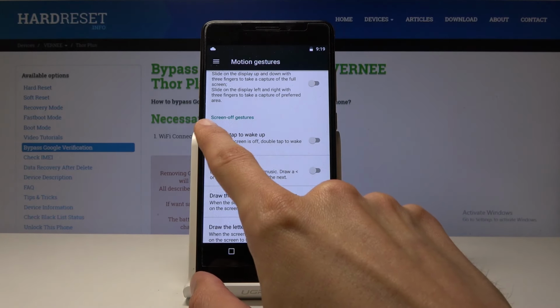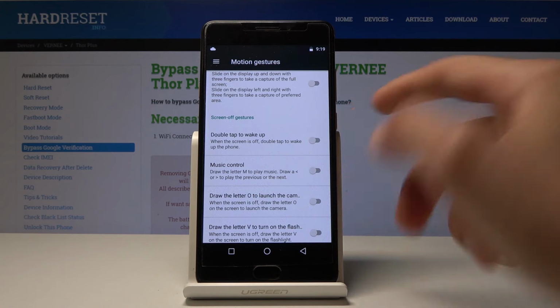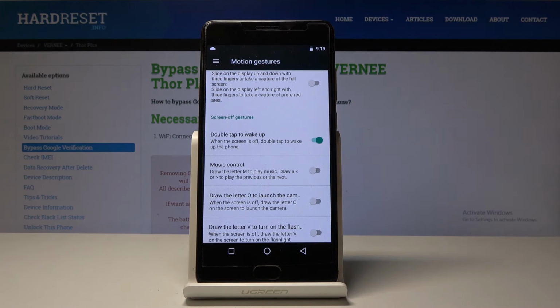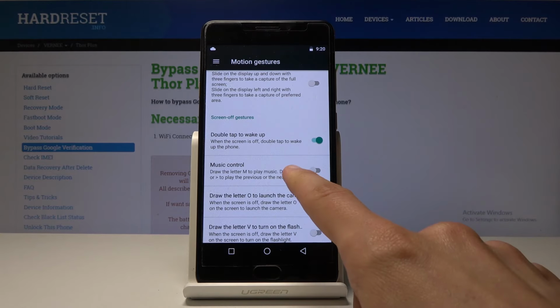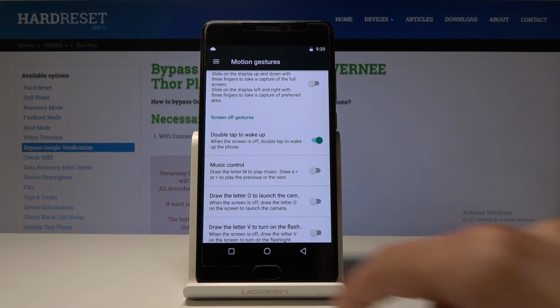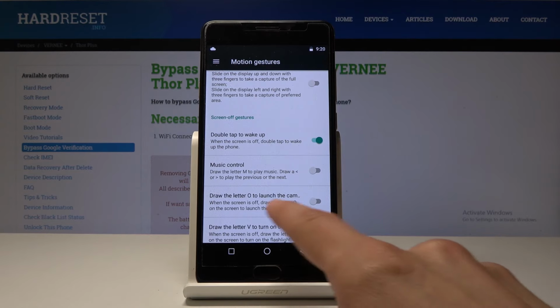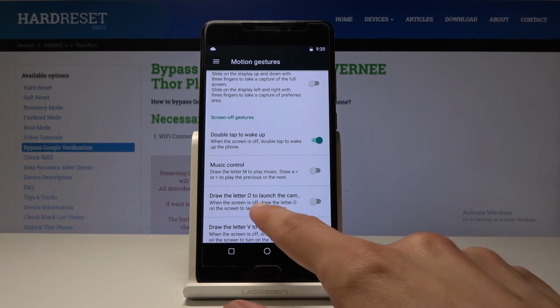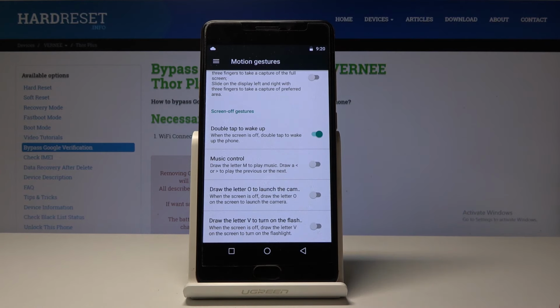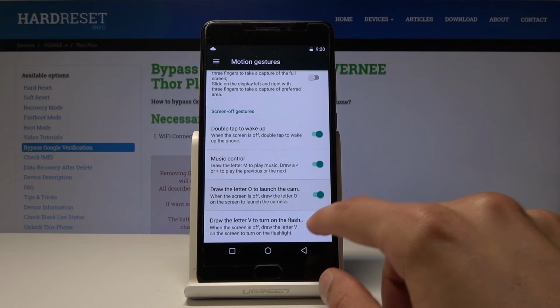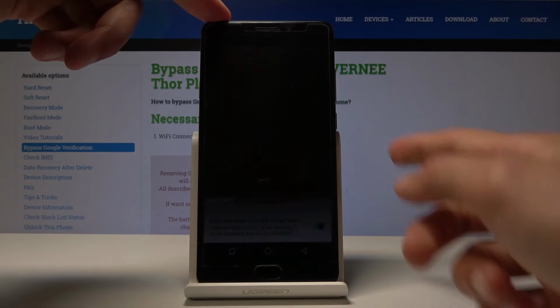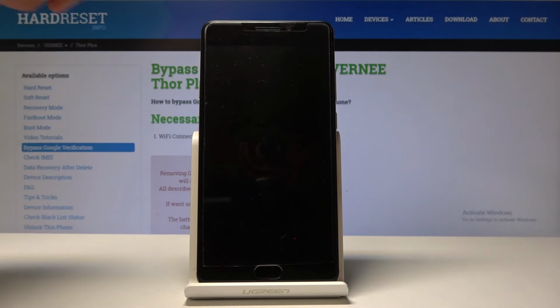So double tap to wake up, so you can then check it on, and when you double tap the screen when it's off, it will basically wake up. Music controls, so you draw basically like an arrow and it skips music, and draw an M to open up music, then draw an O letter to enable, I think it's camera, yep, camera, draw a V for a flash. So I'm just gonna enable all of them actually, and now we go draw an M, it should open up